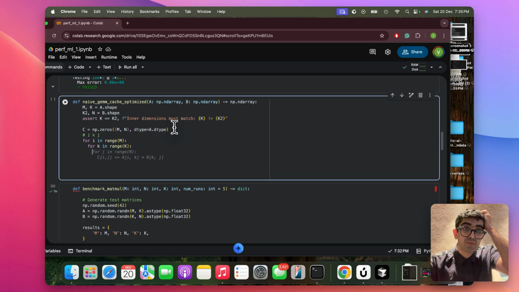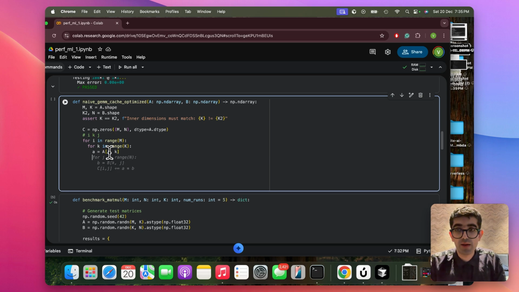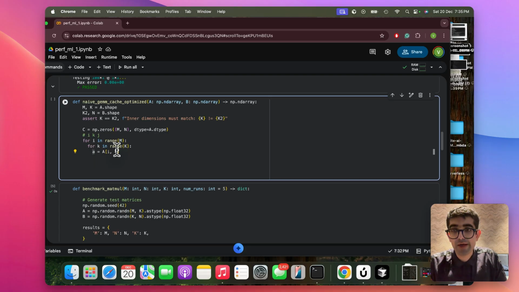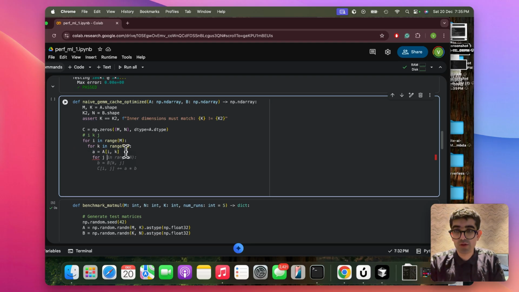And then we need to store the value of A. So the value of matrix A that we will be considering is A of I comma k, and this will actually be constant in the innermost for loop that we will be iterating over. So we will store A of I comma k in a temporary variable called a. And then finally we have the innermost loop. So for j in range n,